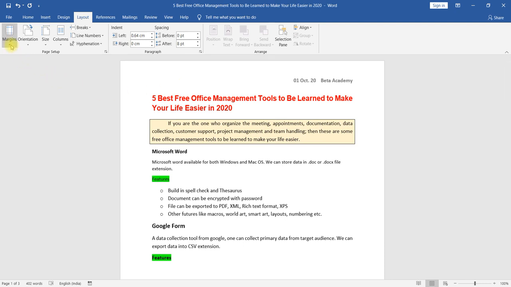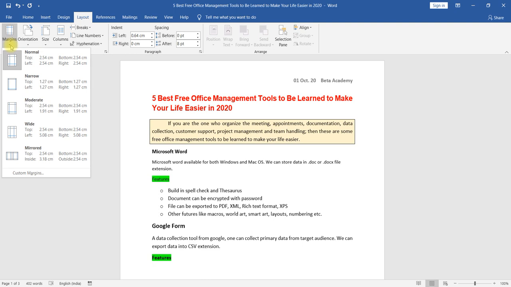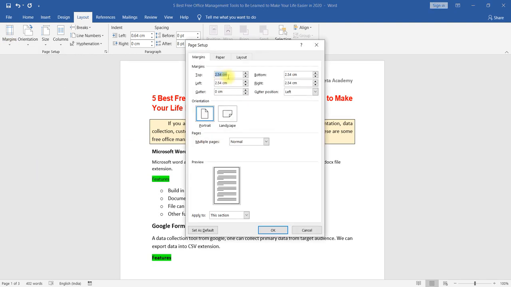Again, you can do it all together here by using the margin. Go to custom margin, where you can change the margin size. For example, here all need to be 2 centimeters, so you can write 2 centimeters everywhere: left, right, bottom, top. Then you can change portrait or landscape, and you can also see the preview.